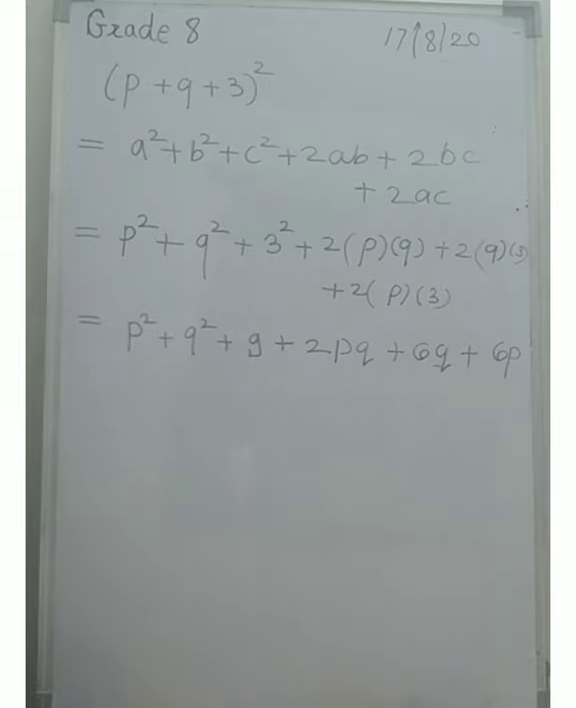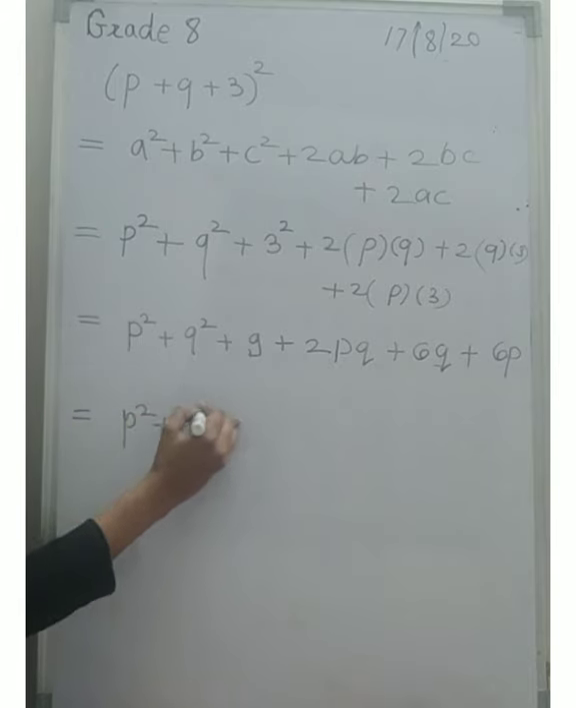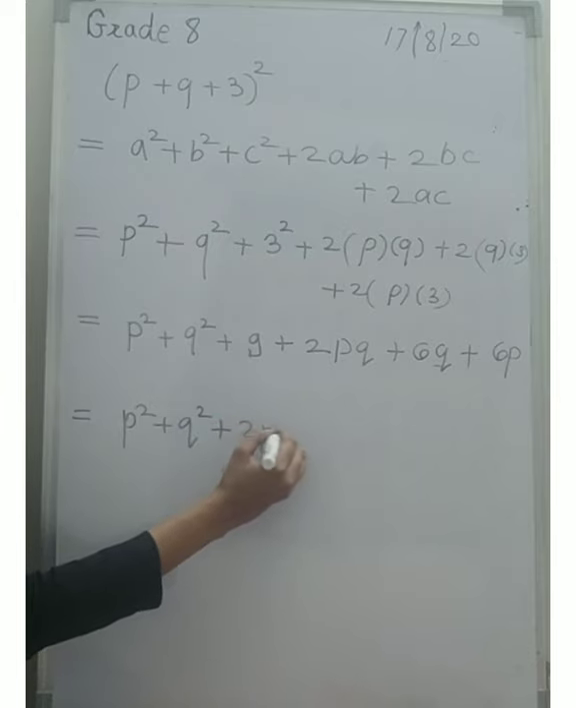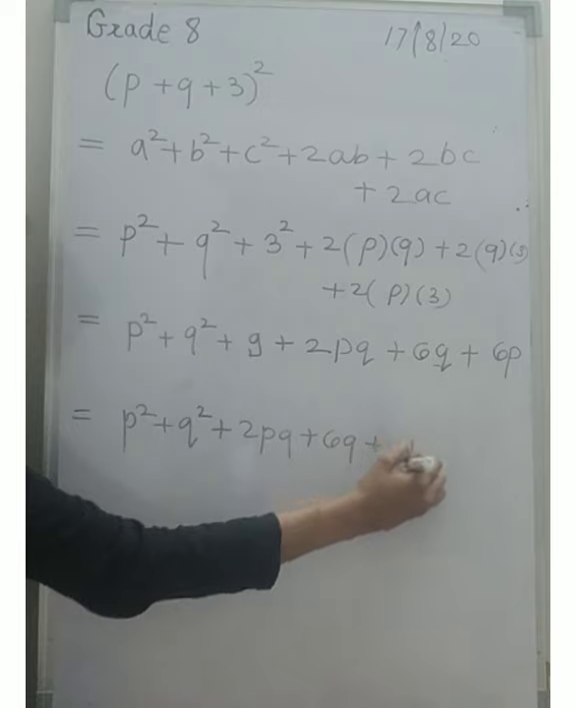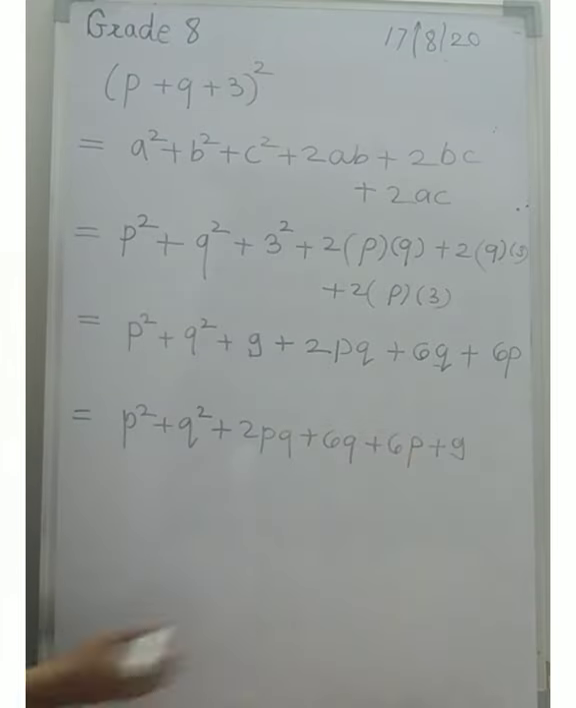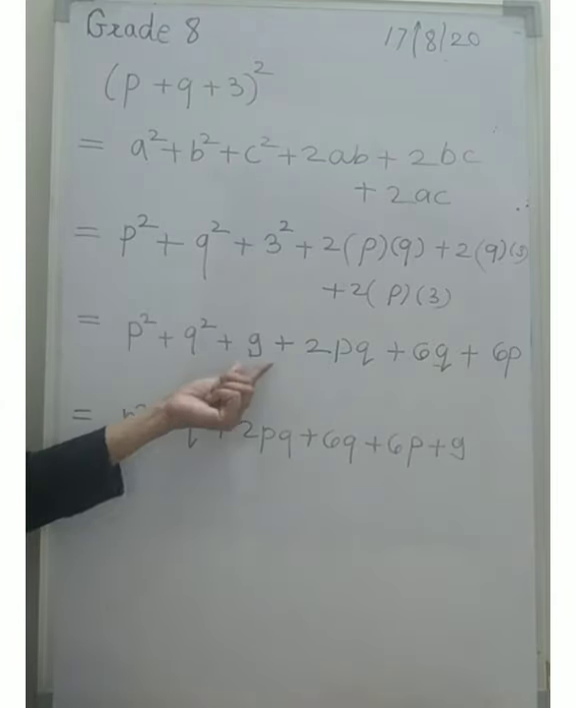Understood? If you rearrange it, you can write it like this: p² + q² + 2pq + 6q + 6p + 9. Why have I written it like this? Because 9 has